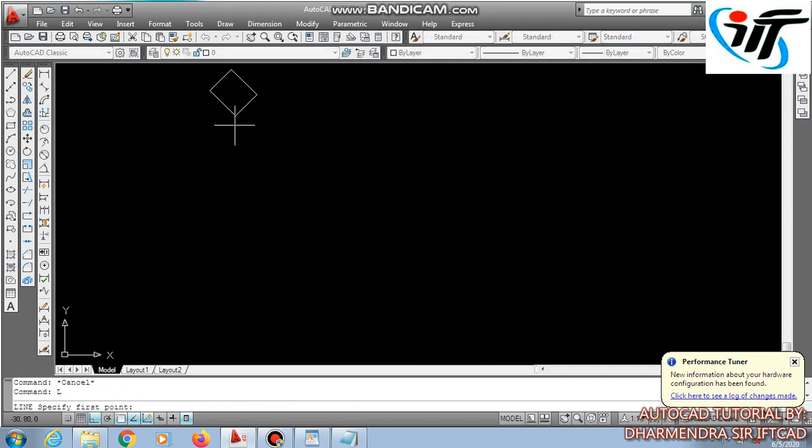L enter. I am providing the baseline to get to know about the angle. Using the angular command I will pick the first and second side. Z enter, O enter.